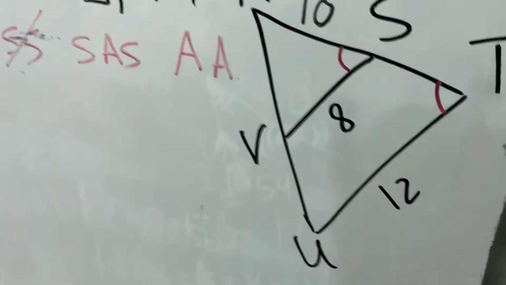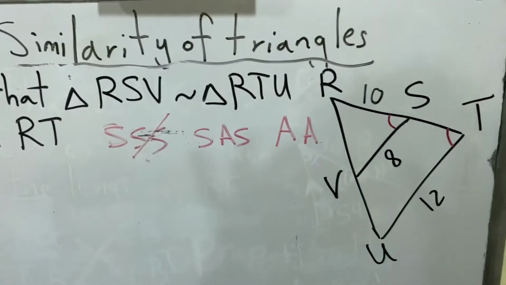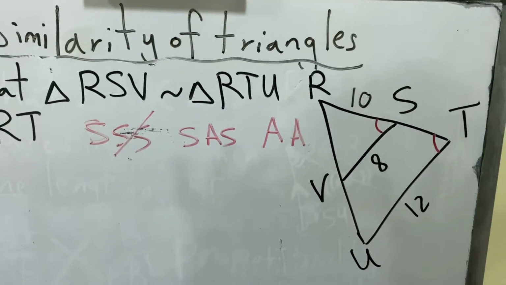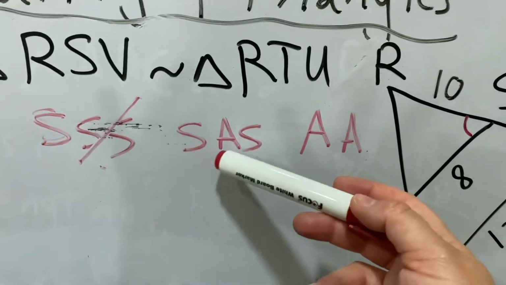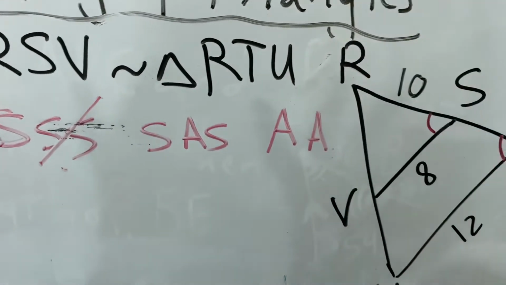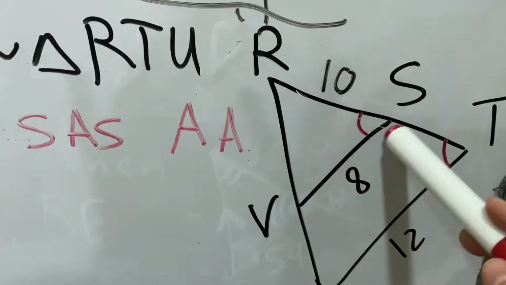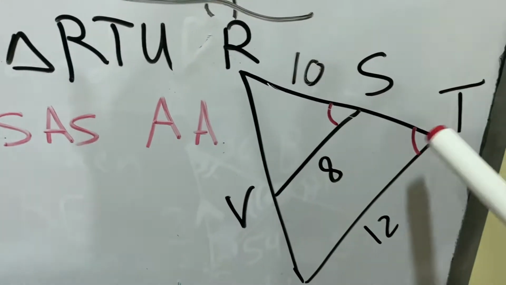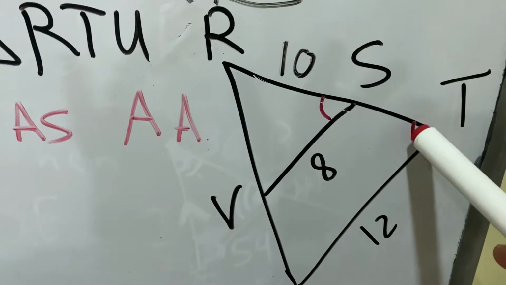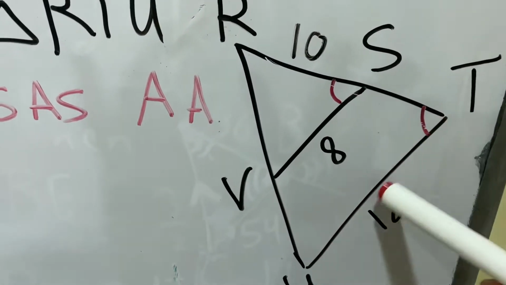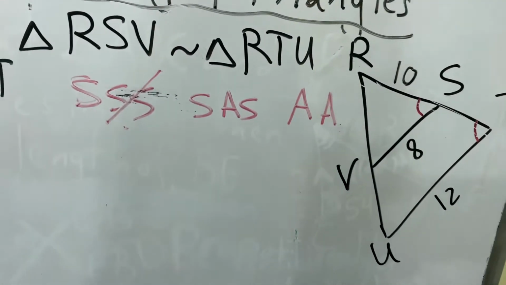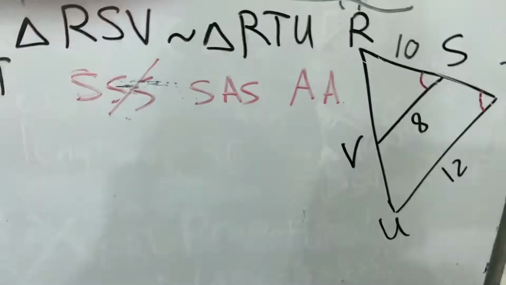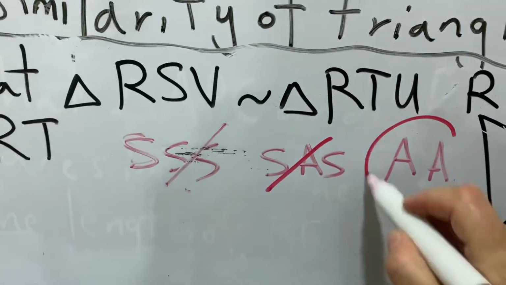Then I will go to the next one, which is side, angle, side. I will not use side, angle, side either. Why? Because side, angle, side means two sides are known and the included angle is there. Yes, the angle is included between two sides. So this one is there, but the problem is in the T. The T is given as congruent, but I have this side, but I don't have how much this whole side is. So I cannot use side, angle, side. So actually I will use angle, angle.